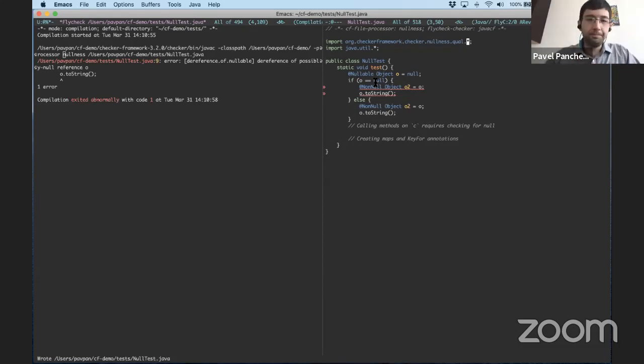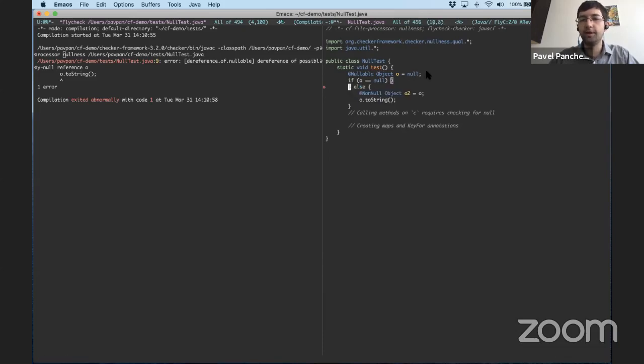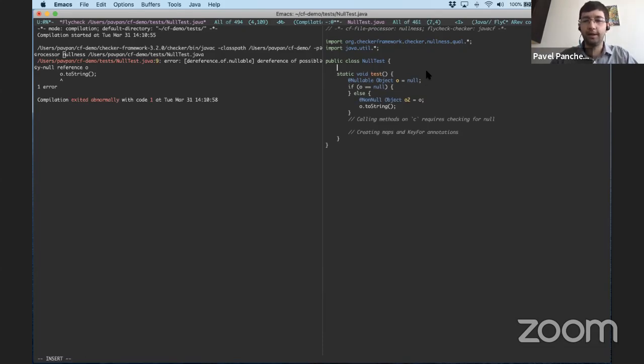Okay, cool. So what you've seen here is some basic features of the Checker Framework. We've got the ability to create annotations on values. You've seen how some basic analysis is done, and you've also seen how refinements and such are done as well. Now, one of the big values of having the Checker Framework is that it handles a lot of generic stuff that would come up in any analysis.